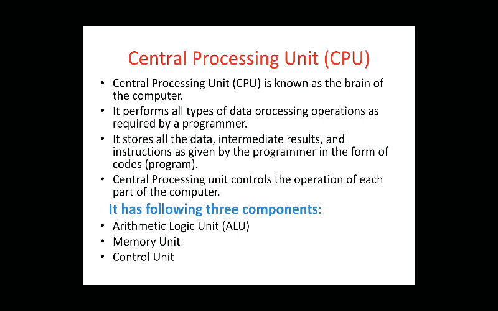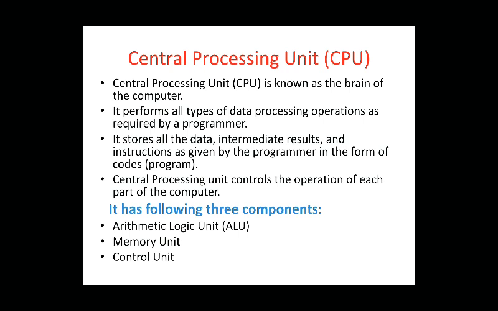It has three components: the arithmetic logic unit, the memory unit, and the control unit. The arithmetic logic unit does the arithmetic part of the operation. Whatever arithmetic operation you have given, or when our data is converted into the computer's machine language, that part is done by the arithmetic logic unit. All the arithmetic parts can be done in the arithmetic logic unit. After that, it has the memory unit. As you know, two types of memory are available in the computer, that is primary memory and secondary memory.